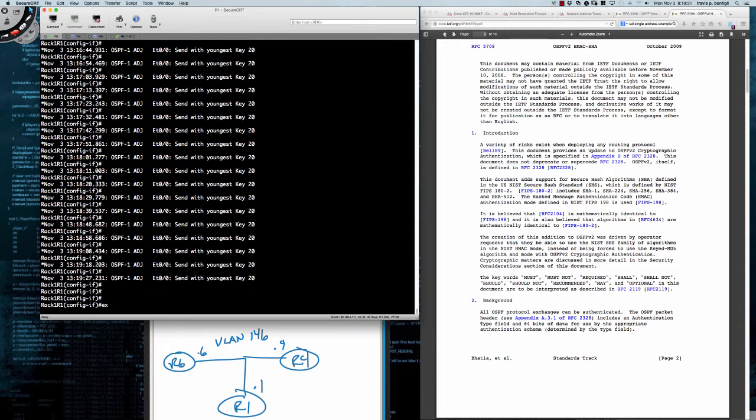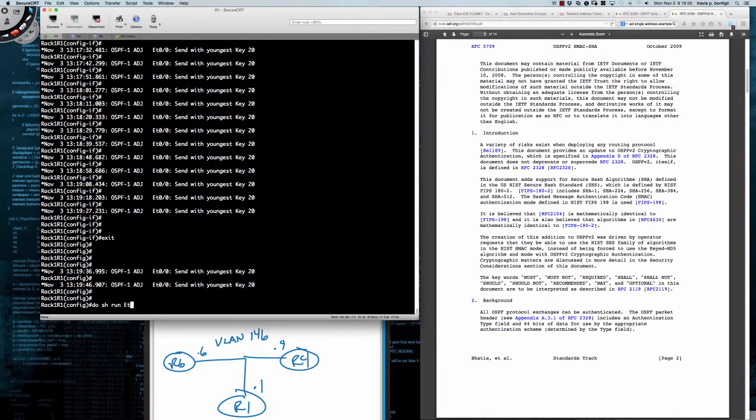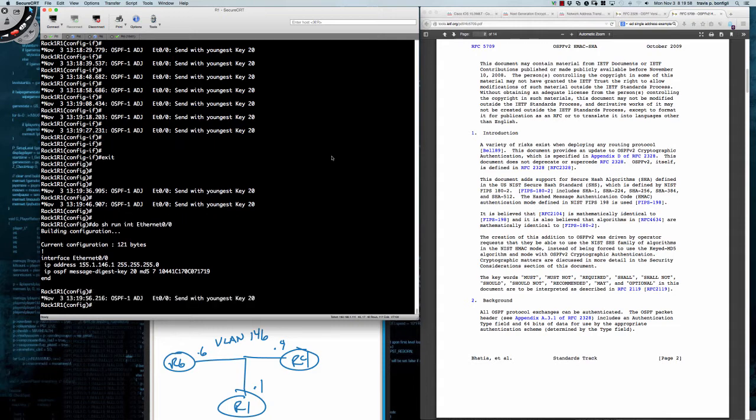We left off on the interface, so let me jump out of the interface. So again, for cryptographic authentication, the keychain feature is an enhancement because, as you saw in the previous video, all we were able to do was declare or define a key. And if I do a do show run on Ethernet interface Ethernet 0/0,